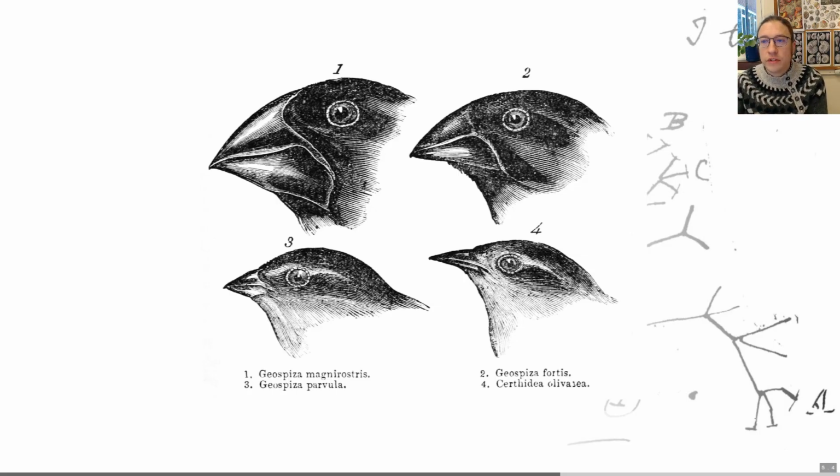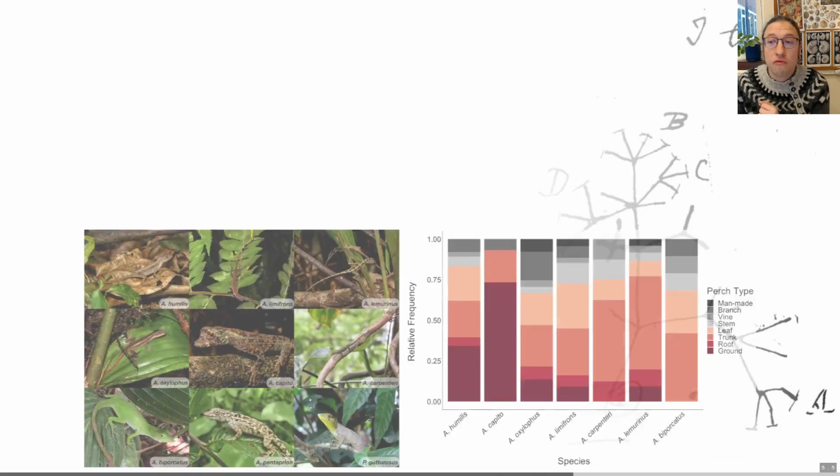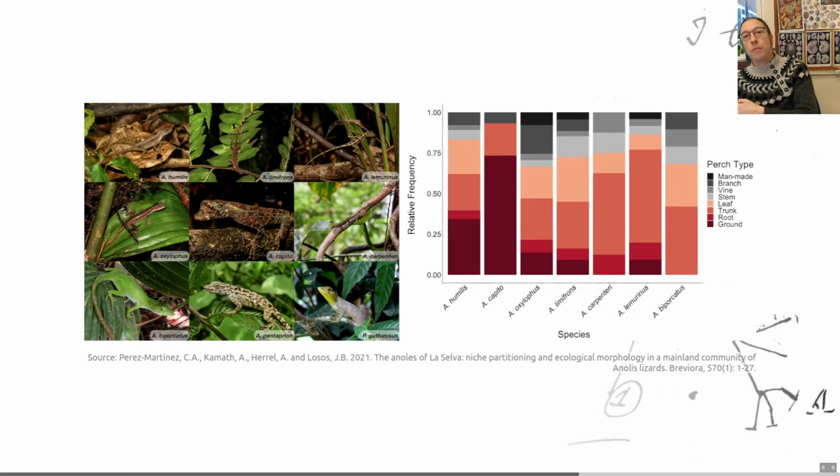But first, I just wanted to start by giving you another example of what I think is a really super, super cool example of an adaptive radiation. This example draws on the Caribbean anolis lizards. This is a genus of lizards that's widespread in North America. I say a genus. Actually, some of these aren't members of the genus Anolis, but it's a broader group. Now, on each of the islands of the Greater Antilles, and if you're wondering, don't worry, I had to look it up too, that's Cuba, Hispaniola, Puerto Rico, and Jamaica,